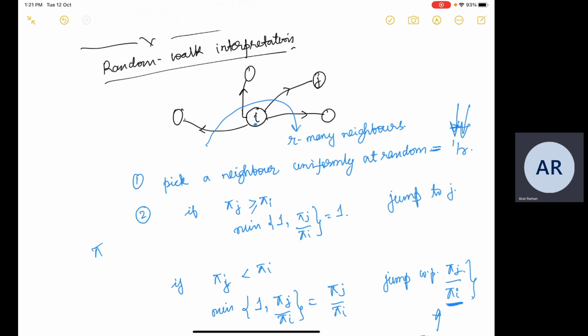There is nothing else random happening, because pi j by pi i and the min are a deterministic calculation. So in effect, what we have done is that given a uniform distribution, we have generated